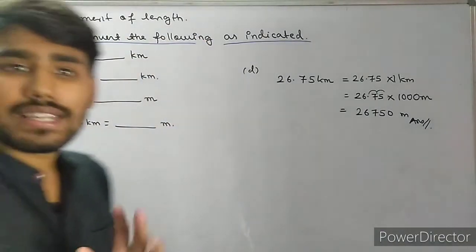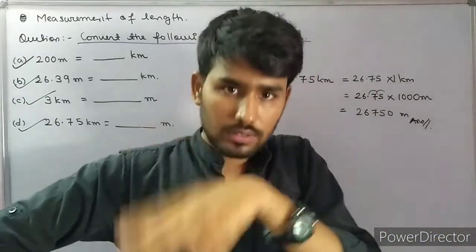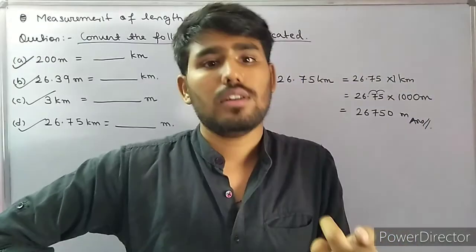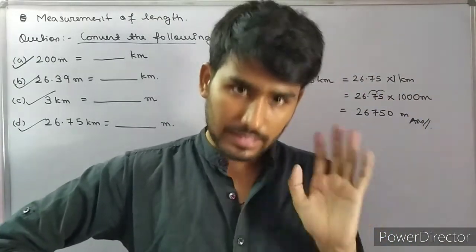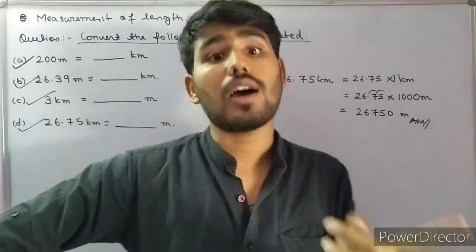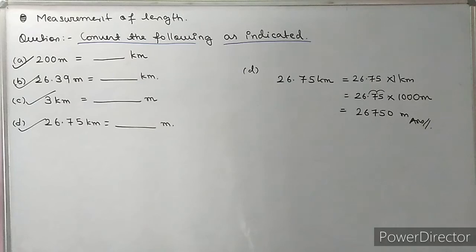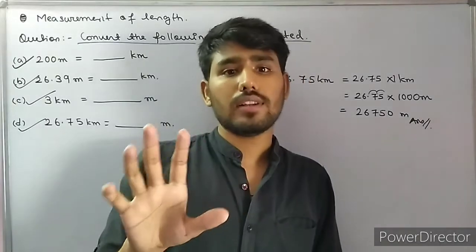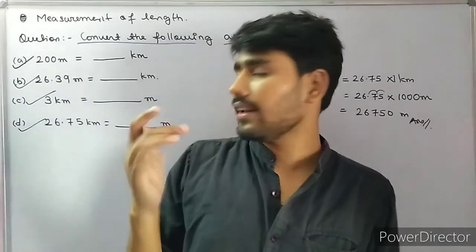So the basic idea is, if you have to convert from kilometer to meter, you multiply by 1000, because kilometer is a bigger unit. From meter to kilometer, you divide by 1000. I hope it's very clear. Now you can just go to the PDF also. It will be very understandable for you. In the PDF, we have solved it. 2-3 more questions are there, but just for understanding, I have done it. Okay.